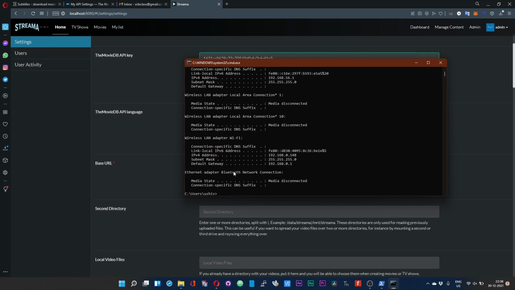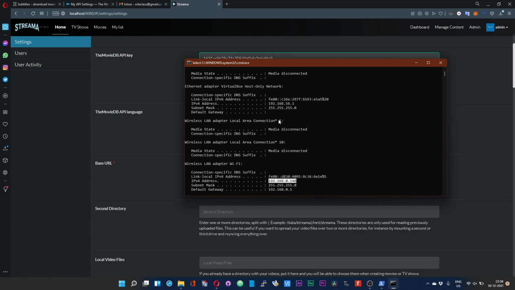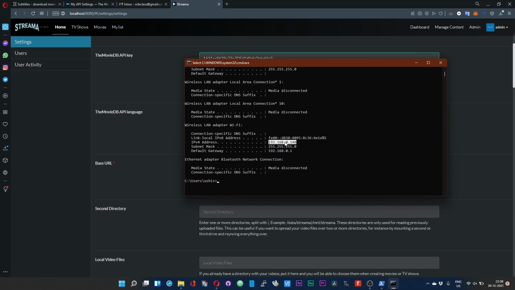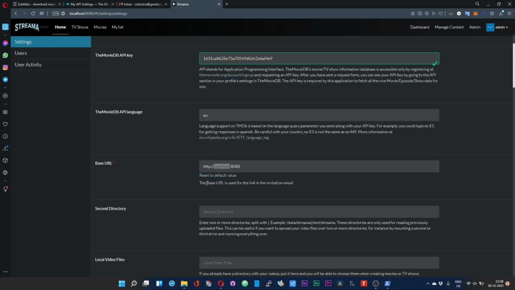Under that, if you are connected via Wi-Fi, select the IP4 address, and if you are connected via Ethernet, select the IP4 address for your Ethernet adapter. Okay, so here you should have an IP4 address for your Ethernet adapter. Whatever is your active connection, copy that IP address and then replace the localhost here with that IP address. Okay.